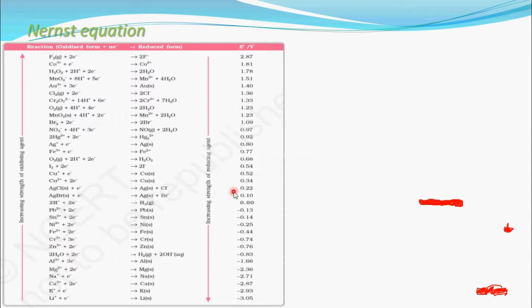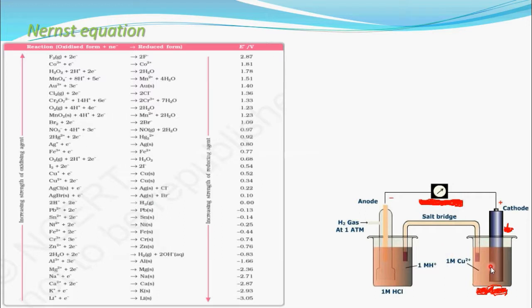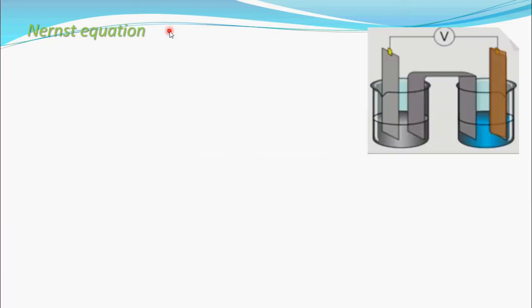You have seen how you measured this potential by taking 1 molar electrolytic solution and connecting it to SHE. You measured these standard electrode potentials, and the concentration of the electrolytic solution is 1 molar. Now see, you cannot always maintain the concentration at 1 molar. Concentration may be 0.5, 0.2, 0.6, other than 1 molar. How to calculate the electrode potential then? That is possible by the Nernst equation.